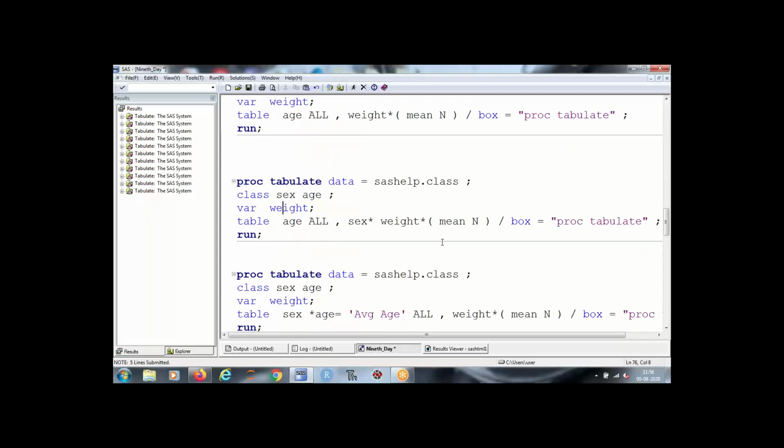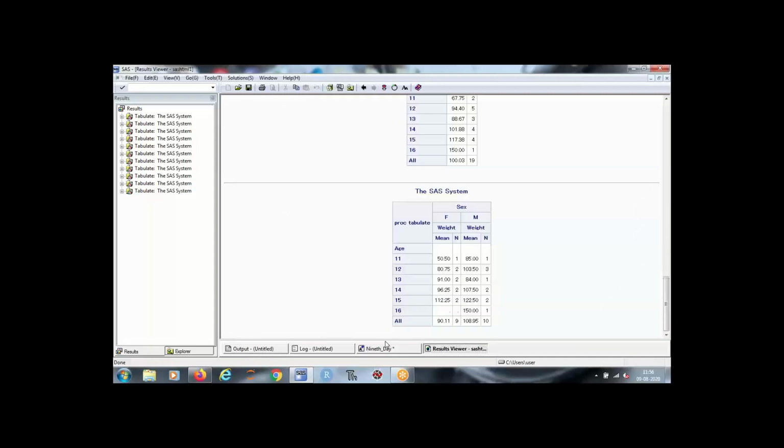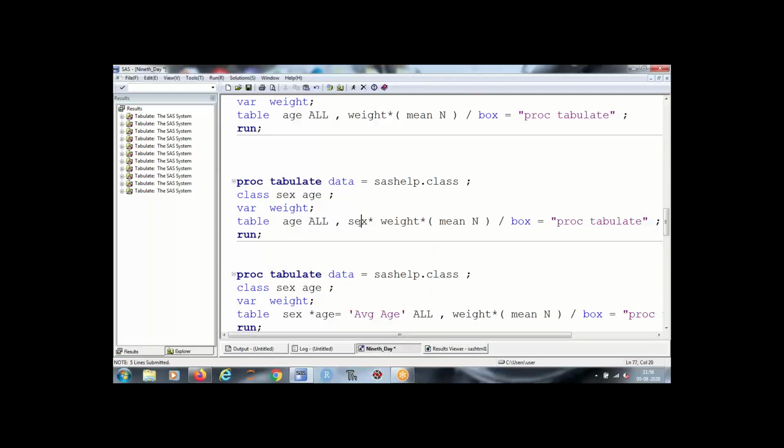Look at your program first, and I will explain the command. What I am doing is splitting my weight on the variable x, right? And what all statistics am I calculating? Mean and count.